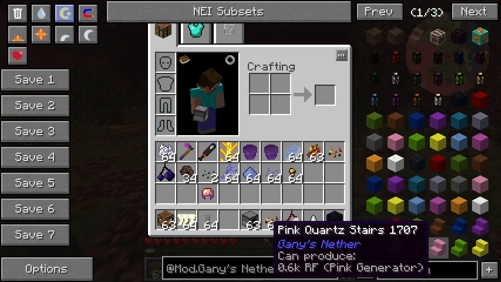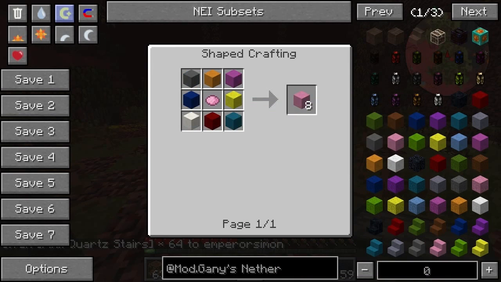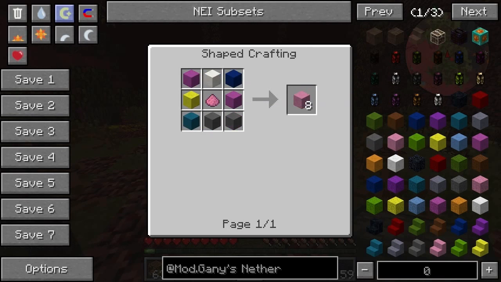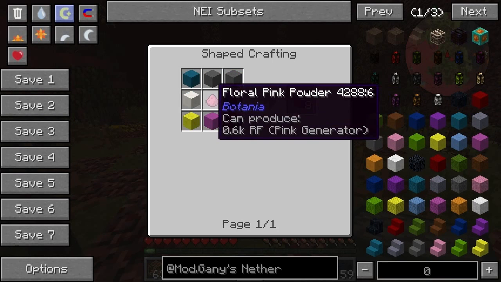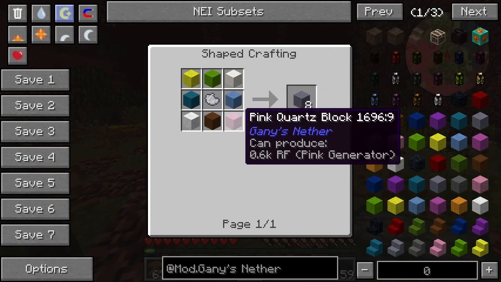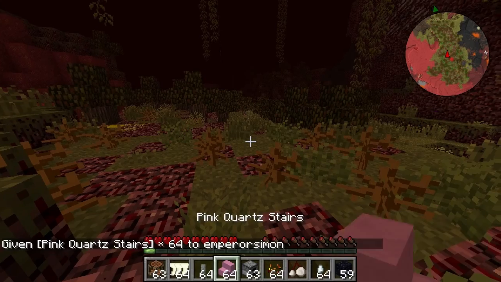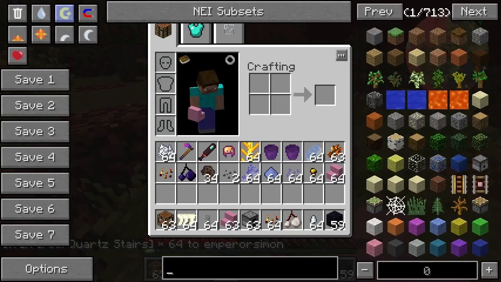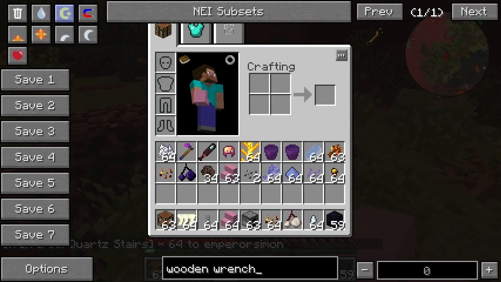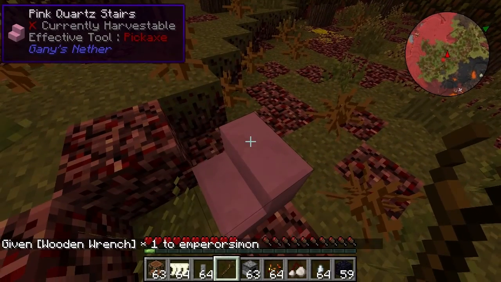So you can see we've got all these, like pink quartz stairs, there we go, with pink quartz blocks, and you can see what will generally happen with this is you just put any coloured quartz block around, and it will with the dye, and you can dye all the blocks like that. If you had the pink quartz stairs, you might want to go into Gany's Surface again and grab yourself the wooden wrench, and that should